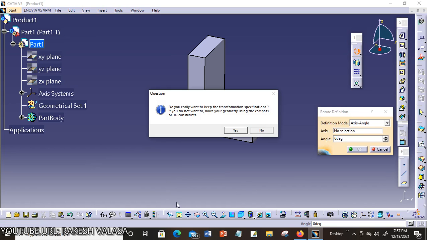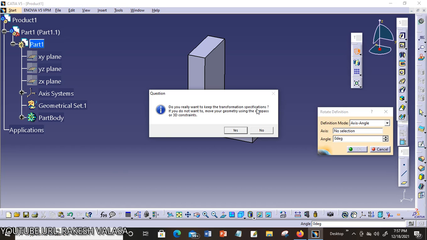When you choose the rotation tool from the transformation subtoolbar of the transformation features toolbar, a question message box will be displayed along with the rotation definition dialog box. First, you can read the question message box.